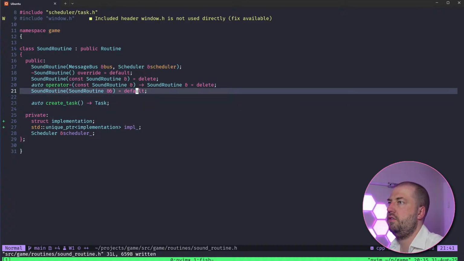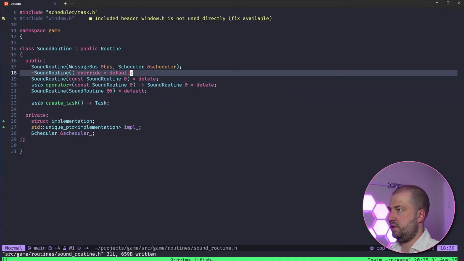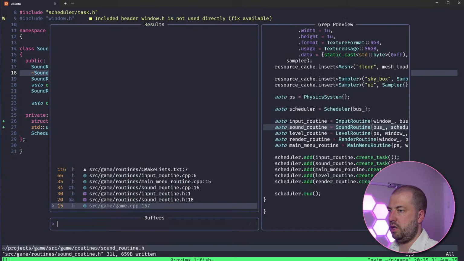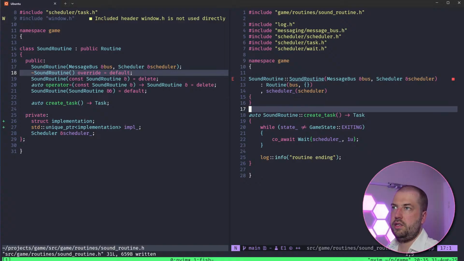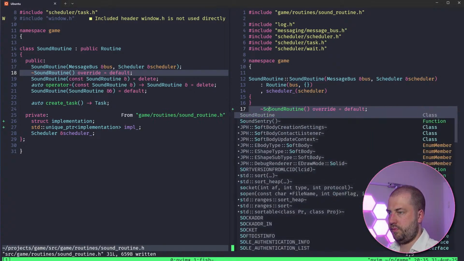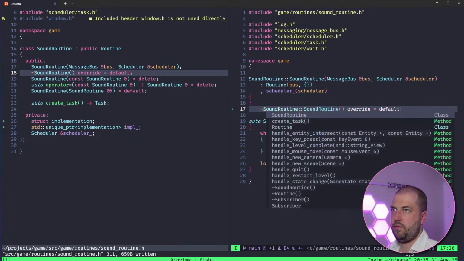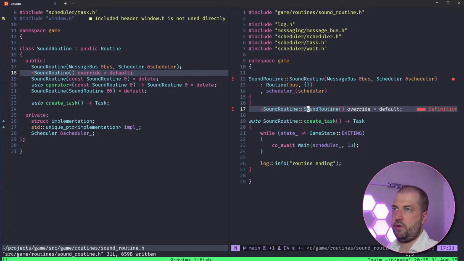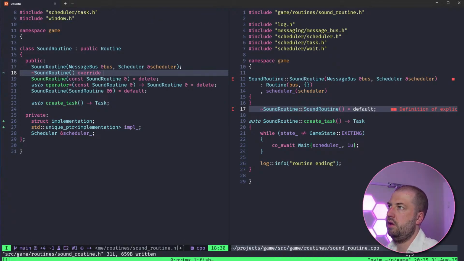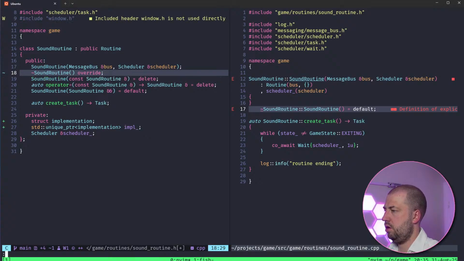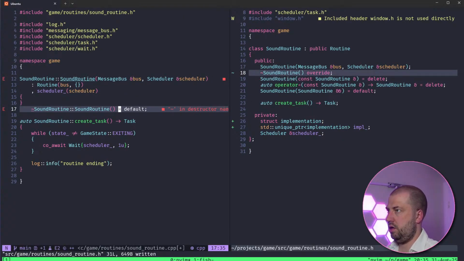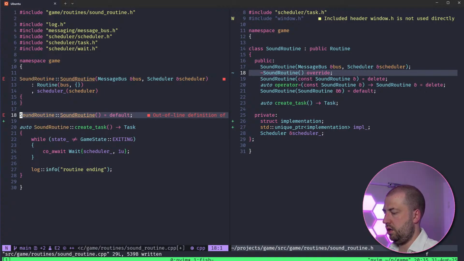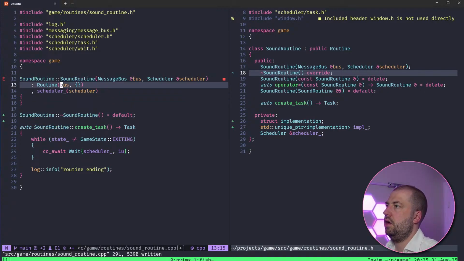I'm also going to have to move this over to the CPP file because otherwise it will get grumpy. Okay, I have typed incorrectly.